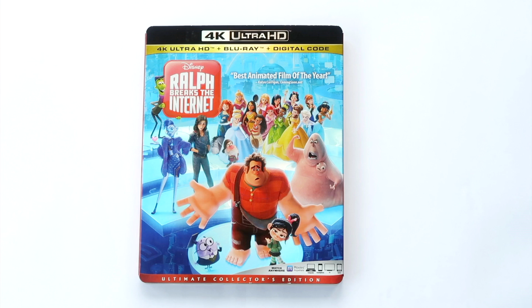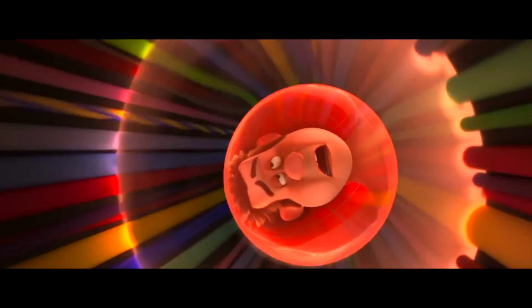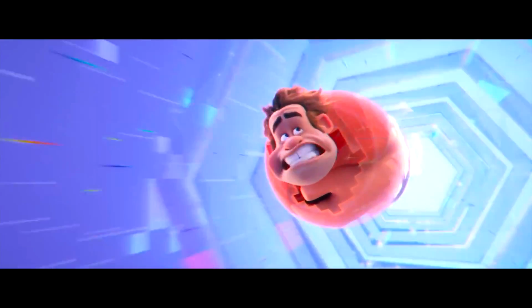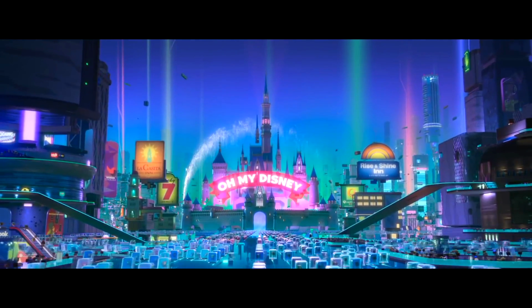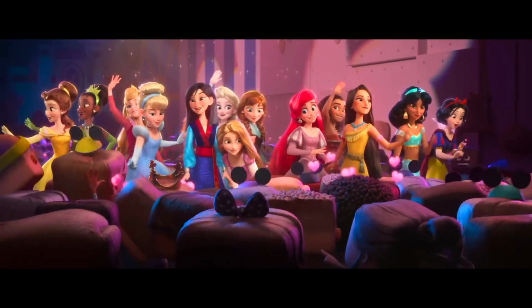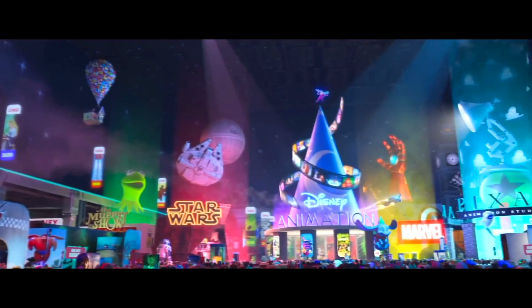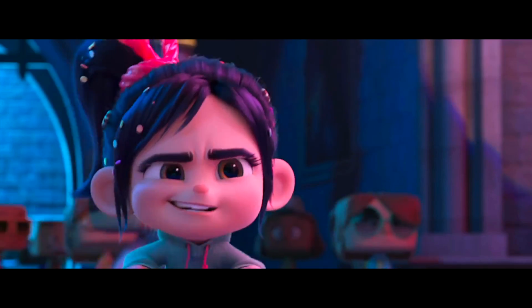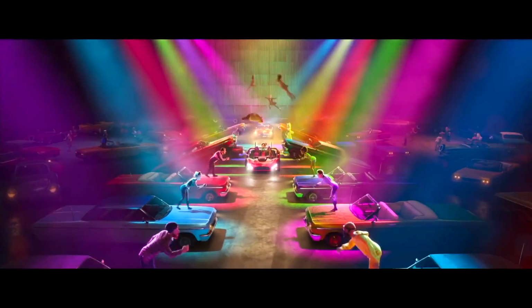Now for some quick thoughts on the presentation and the included special features. Ralph Breaks the Internet smashes onto home media with an absolutely stunning presentation, as we have come to expect from Disney animation titles. Colours are bright and vibrant, textures, details and environments almost look real, and the clarity of the image is almost flawless. Comparing the 4K with the Blu-ray, both discs offer an absolutely stunning presentation, and while the 4K disc does get a small boost in brightness and colours from its HDR colouring, there honestly isn't much more